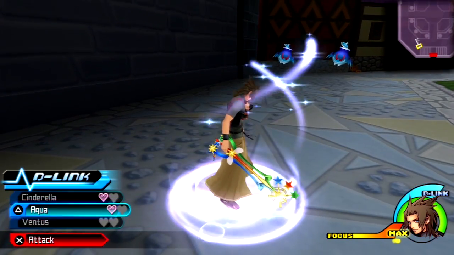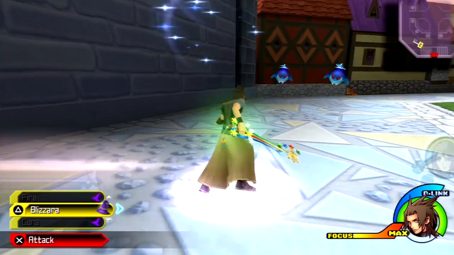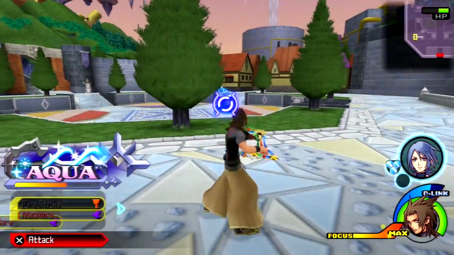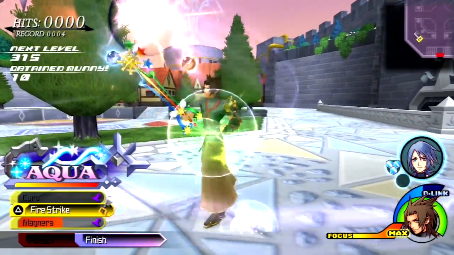I'm gonna go Aqua. I want to get her second emblem, because I like her ability overall. And I really do want that other one. Oh wow, I just used Thunder. Gather. I guess one thing I should mention is